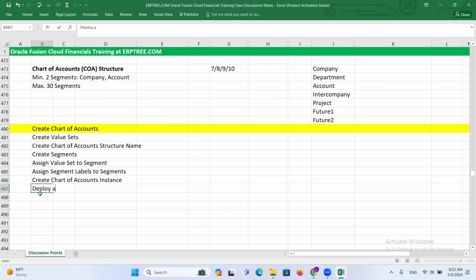Okay, deploy accounting key flex field. It's not mandatory that you always call it the accounting key flex field. Simply you can call it accounting flex field also. When you say accounting flex field, that is accounting key flex field only. So after deploying the accounting key flex field,